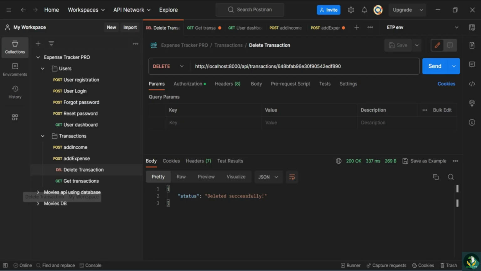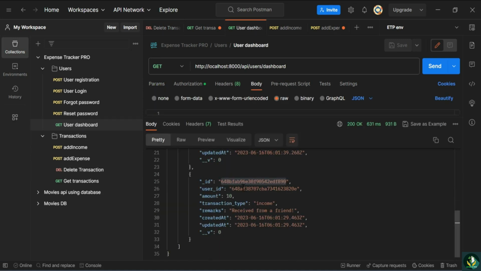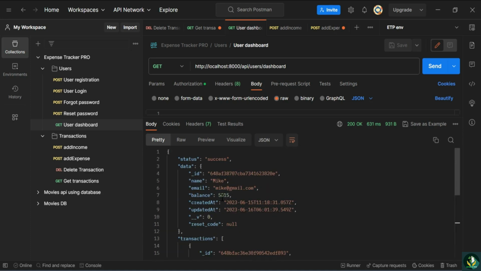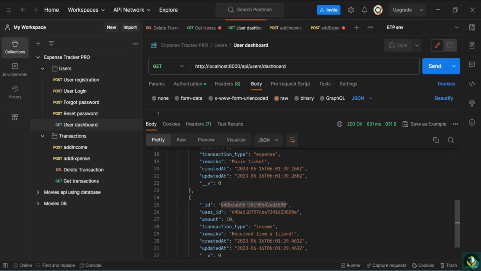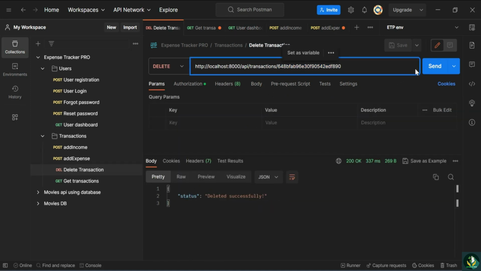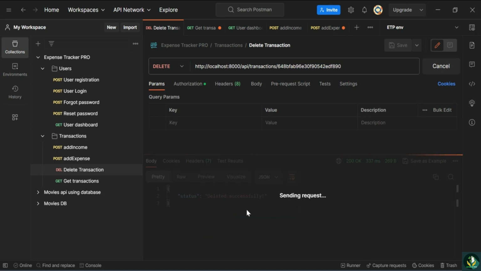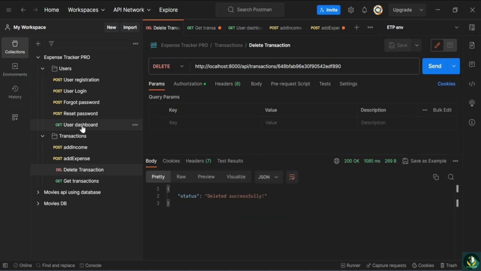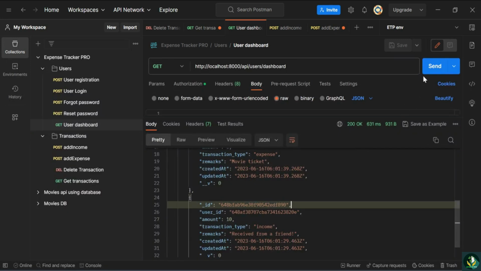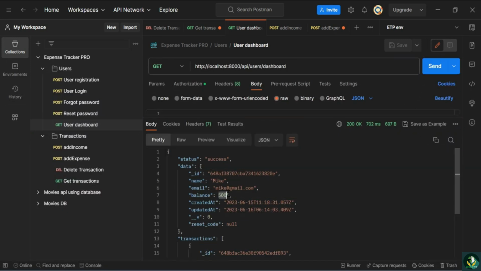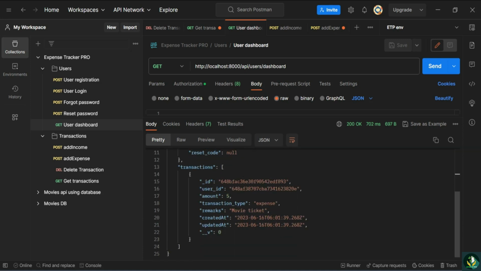Now let's try to delete the transaction of the user. So let's navigate into the Postman and navigate into this user dashboard. And now we will be deleting this income type of transaction. And when I delete this income type of transaction, this will be removed and the balance will be updated to 5005, right? So let's copy this and then paste it in our delete transaction, and let's send the request. So deleted successfully. Again, navigate into user dashboard for checking and then send, and then the balance has been updated to 5005